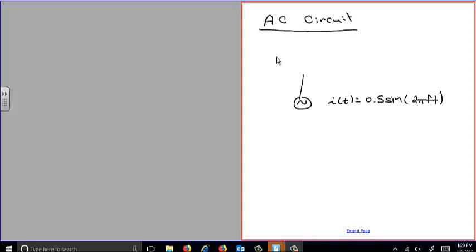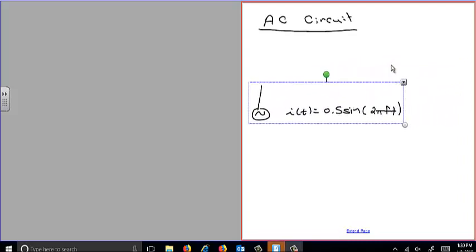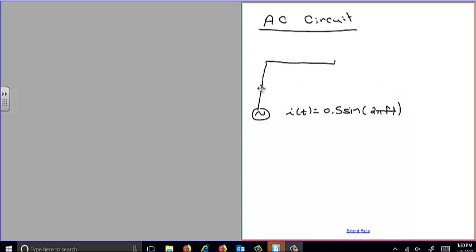So based on that equation, we know that it's an AC signal. If it was DC, it would just be a constant value. And normally we'd have a voltage for DC circuits. Okay, then you have